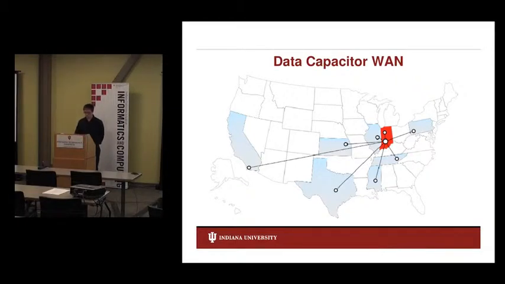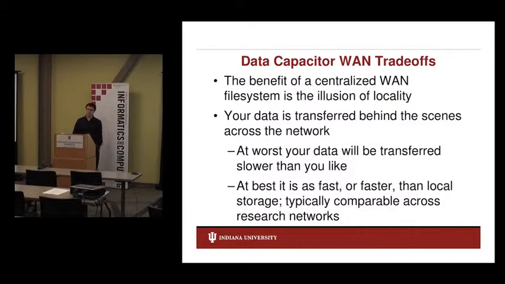So over the network, we can use resources in San Diego, in Austin, in Kansas, in Urbana, Illinois, Mississippi, Tennessee, Pittsburgh. Anybody that wants to mount the data capacitor, we can work with them and do this over the network. So there are some trade-offs to doing this over the network. One is,